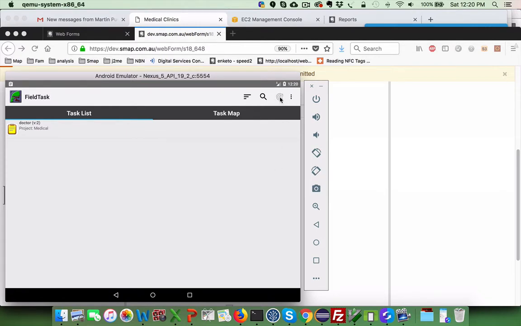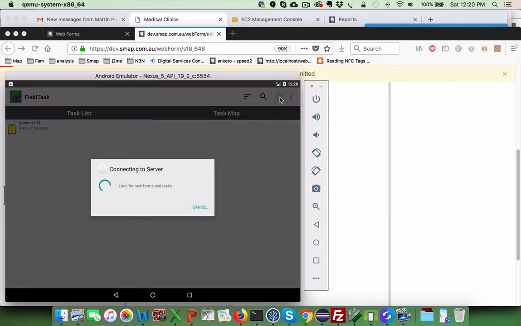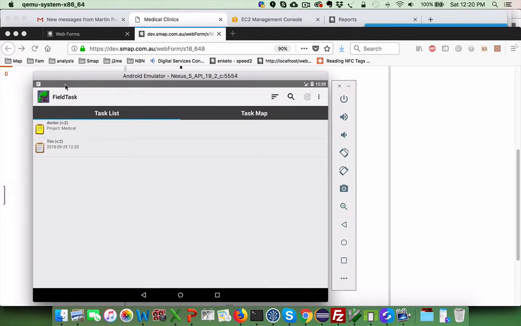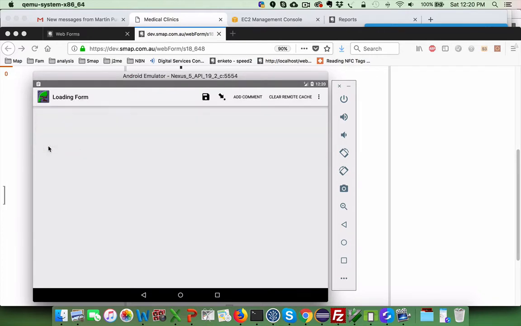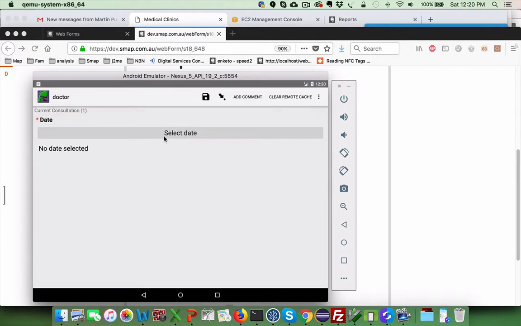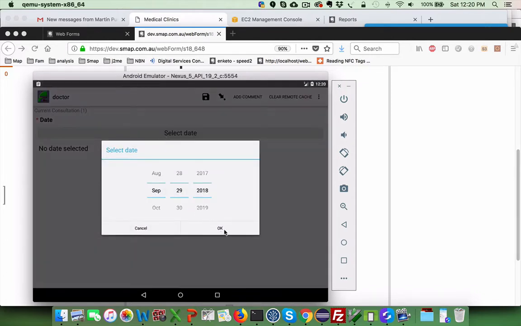I have to press refresh because the emulator doesn't update automatically, but a real tablet would automatically synchronize. Okay, so now the patient's name has appeared on the doctor's tablet, and I can select that and proceed with the consultation. Here's the information about Tim, his age and gender, and if we just go to the current consultation, we can enter the date, that's today,